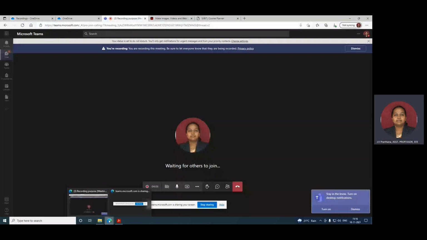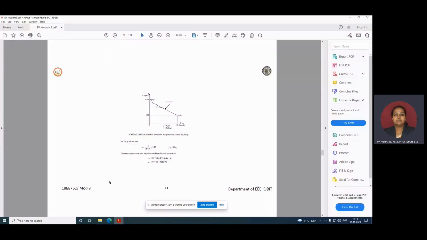Who is the person who has coined this equation? It is always good to know the person who is behind this invention, where this equation is holding good in all the